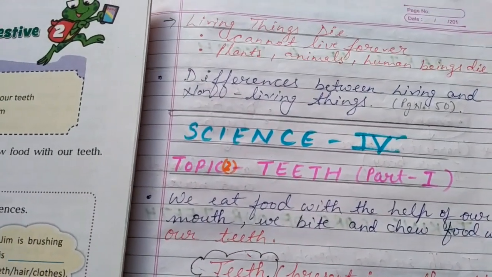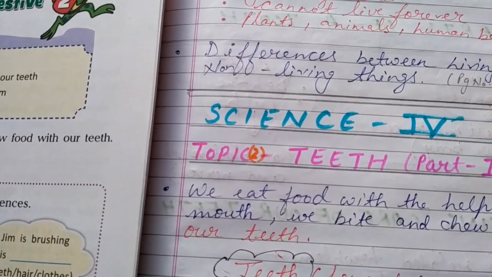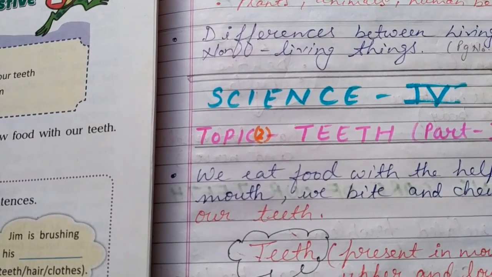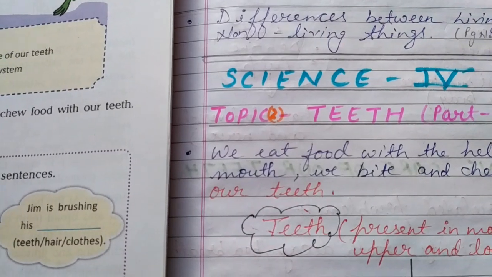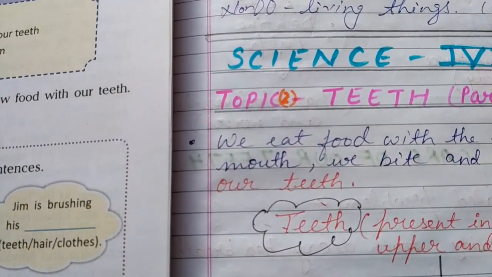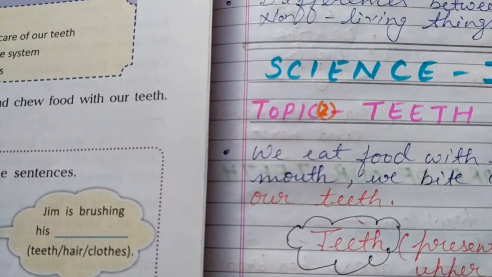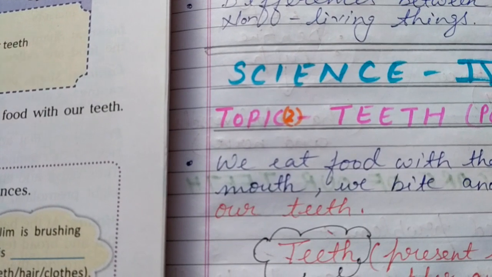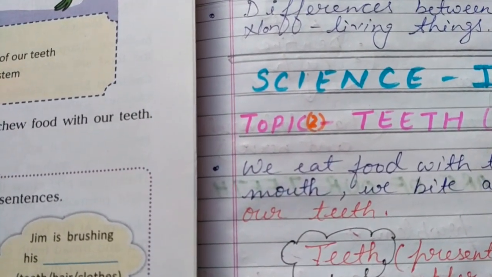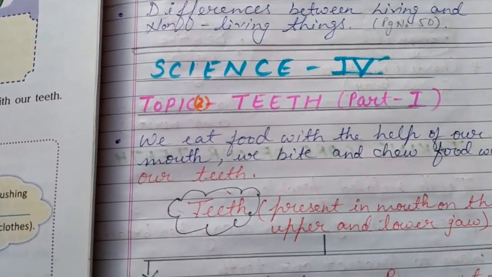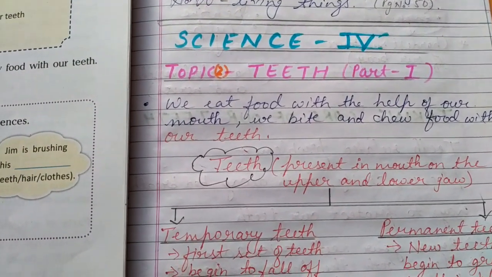Okay? Because we have already covered chapter 1 of our science course book, that was food, our basic need, in our previous videos. Whatever basic concepts I have given were based on the very first chapter of your science course book: what is the importance of food, what are the different nutrients, their important roles, their sources, about balanced diet, about how we cook food by different techniques, and about food preservation also. Okay, so now let's move to our new topic, that is teeth.